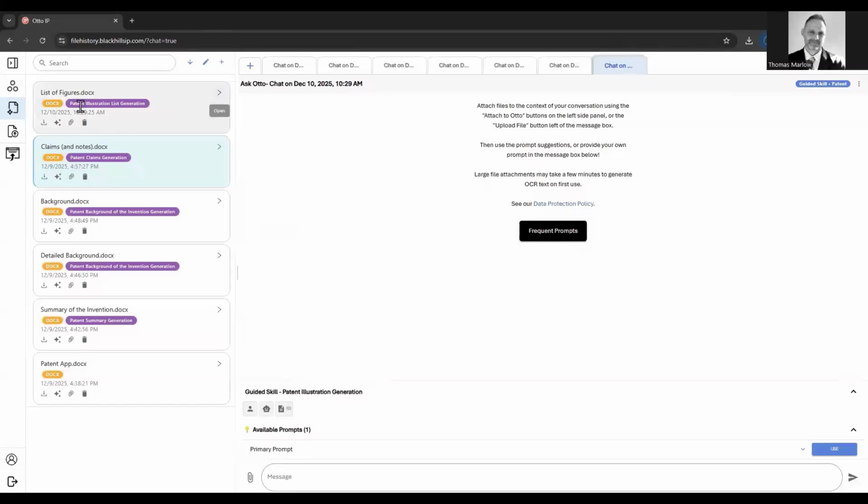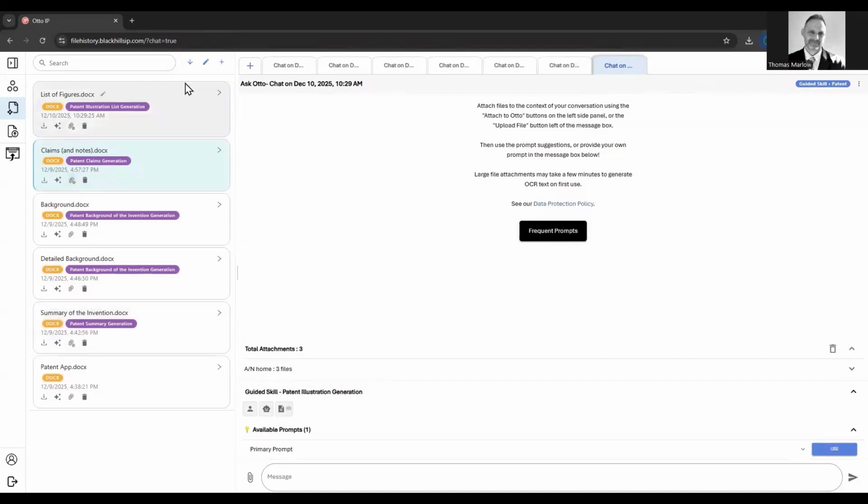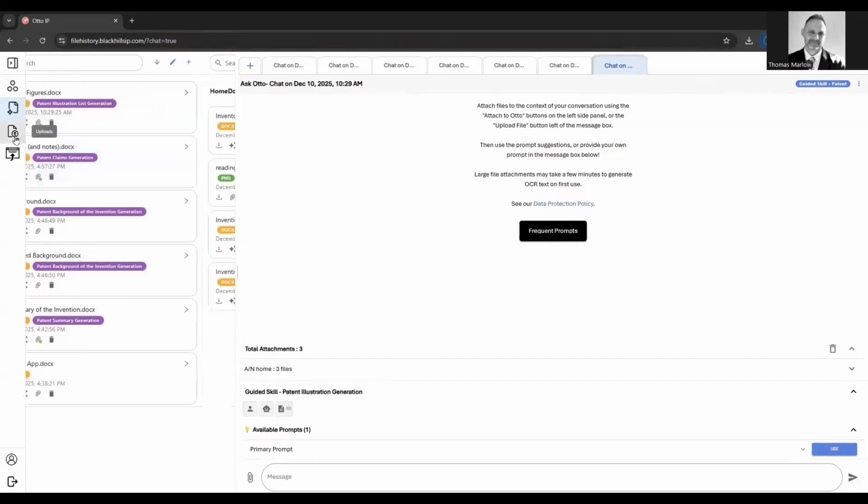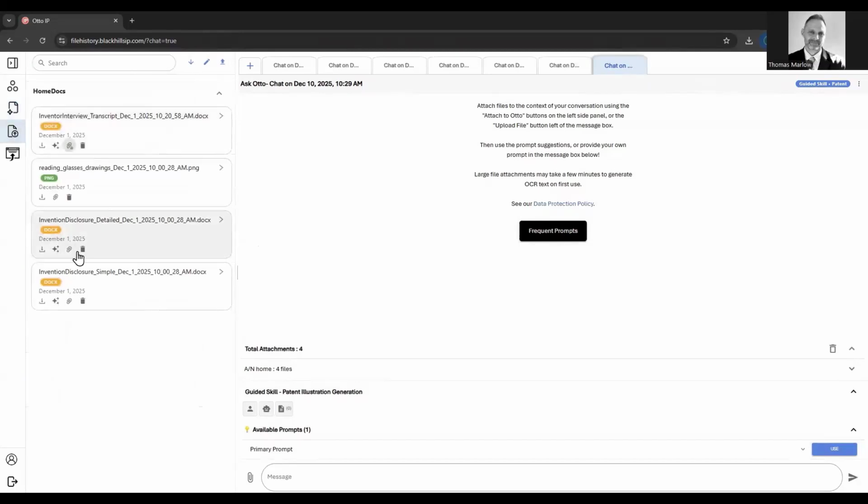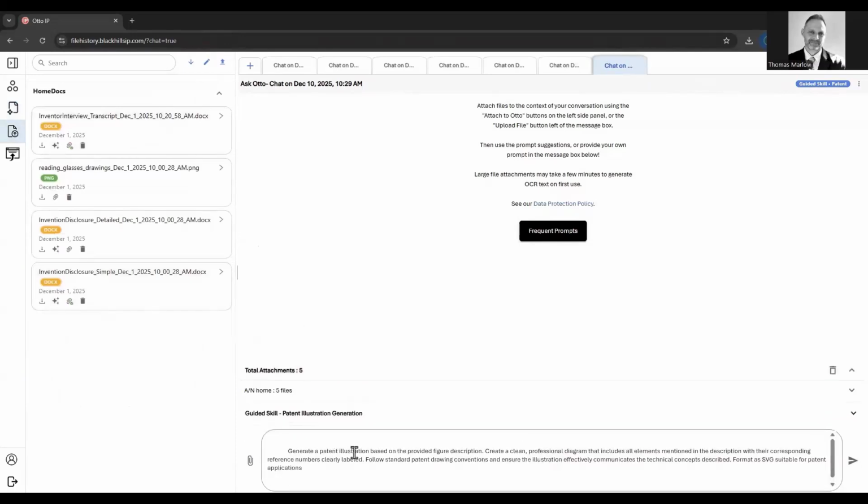So I'm opening up the generation guided skill. I'm adding my list of figures. I'm going to add my claims as context, the summary of the invention as well, and of course the transcript and the invention disclosure. So I've got these 5 files as my context, and I'm going to use this prompt,